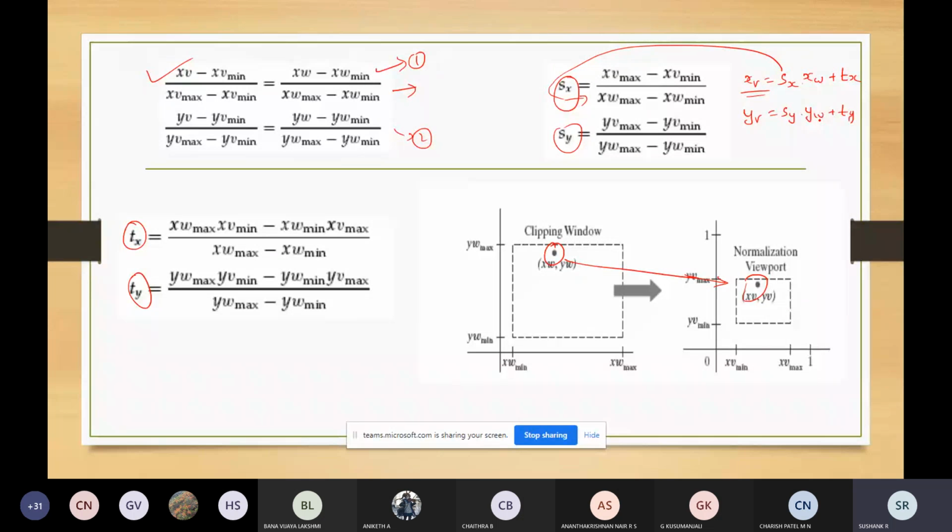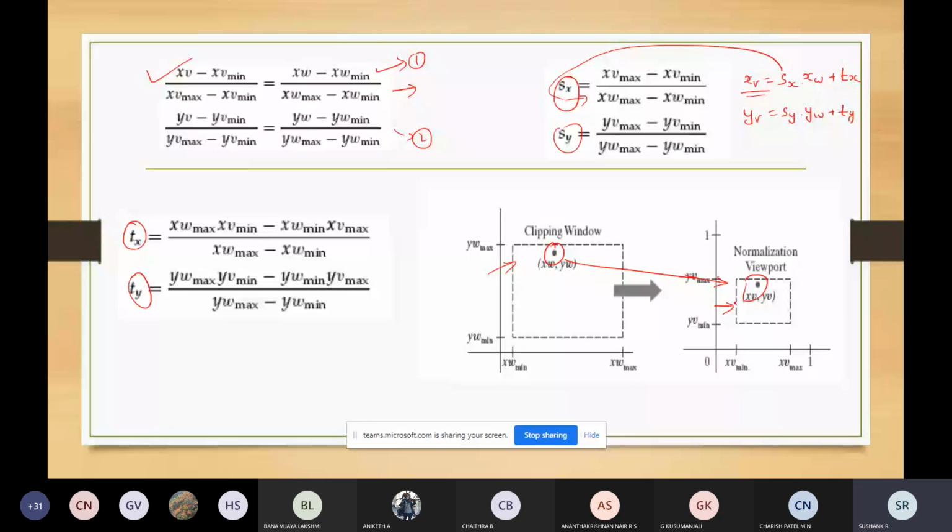Sx is the scaling factor along the x parameter and sy is the scaling factor along the y parameter, and tx is the translation factor along the x-axis, and ty is the translation factor along the y-axis. So what will this formula tell us? You will scale this clipping window to the size of the viewport.